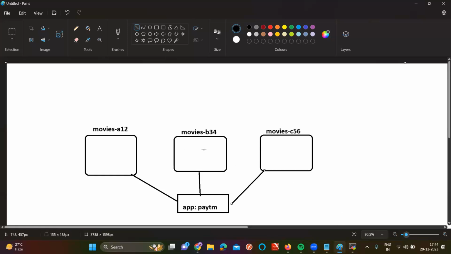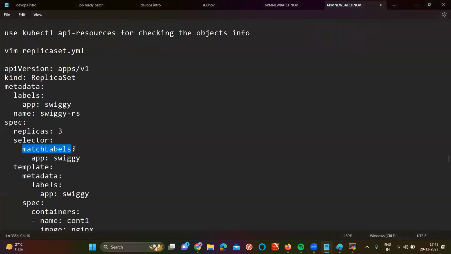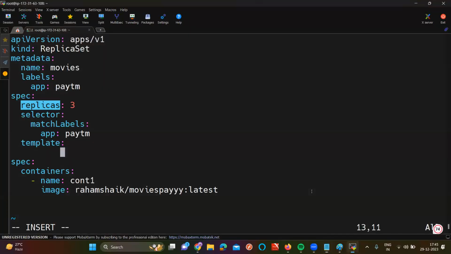If the pods do not have the same configuration, how can they work as a single unit, sir? Correct or not? Currently you are taking the DevOps course, and you are also taking it, and you are also attending the classes. Same work or not? Like this, each and every pod needs to be given the same configuration. Otherwise, it will not work properly. So for using the same configuration, I am using the template, and inside the template I am writing metadata.